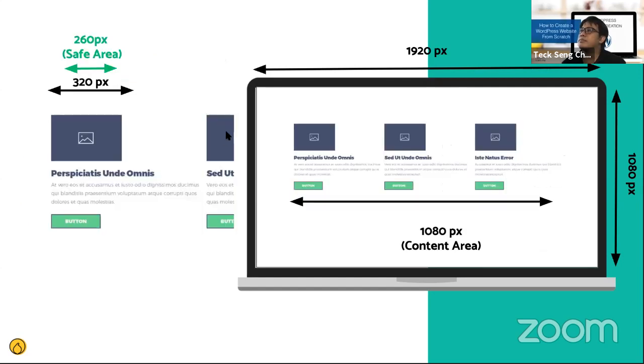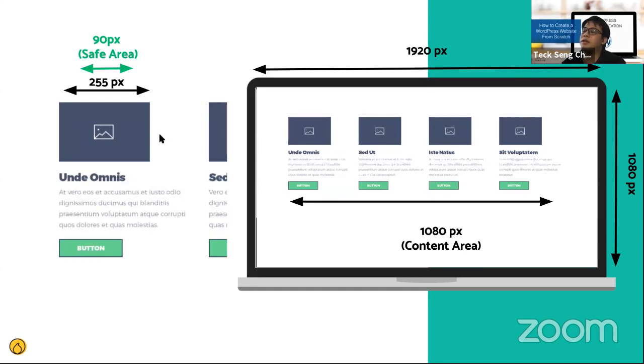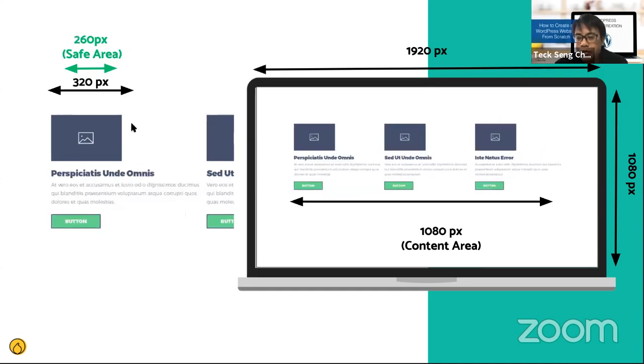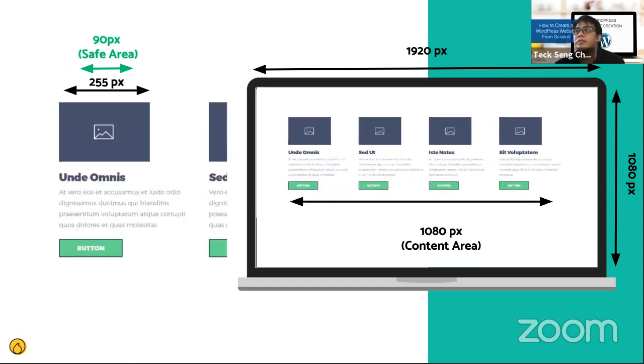Now for 3 columns it is 320, and for 4 columns it is 255. But usually we won't care or remember too much about 320 and 255. The reason is, let's say today you decided that you want a small box like that and you put it as 255. The next time when you update your website, you realize you don't have another feature anymore, so you only have 3 left. You want to expand the image, but you can't really do that anymore because the resolution will be very bad already.